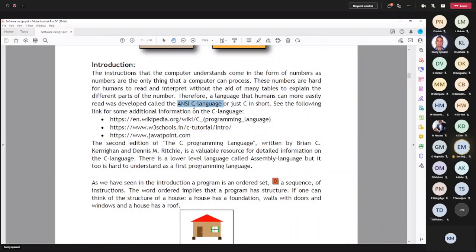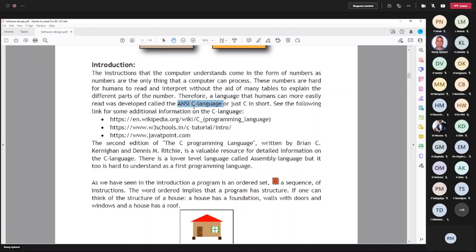The reason why we are doing the C language is because it is rather old, meaning that it's gone through many years of use. So all the errors and the structure is clear. The compilers are good and optimized and that type of thing.